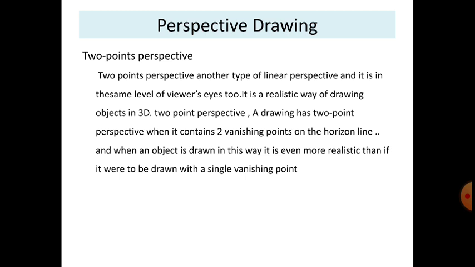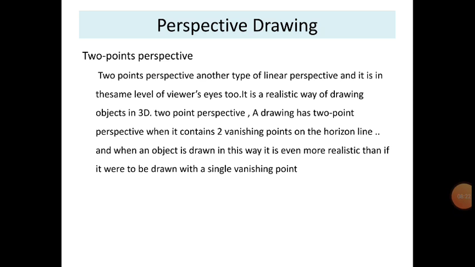Okay, there will be two vanishing points on the horizon line. The object drawn this way is even more realistic than one drawn from one vanishing point. Okay,